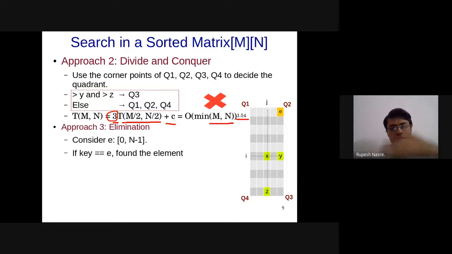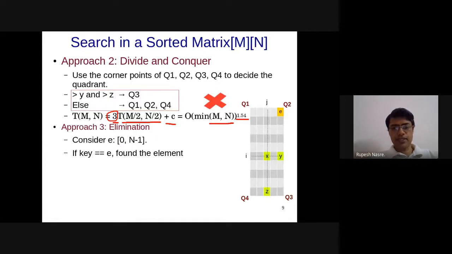So it is definitely sorted column wise also. So if I can remove that column, then what does that mean? That I am left with the same number of rows but one column less. Right? So with one comparison, or constant number of comparisons, let's put it that way. In this case I might compare key equals e, which is the statement on the screen, as well as key less than e. So there might be two comparisons, but with a constant number of comparisons I am able to eliminate one column.